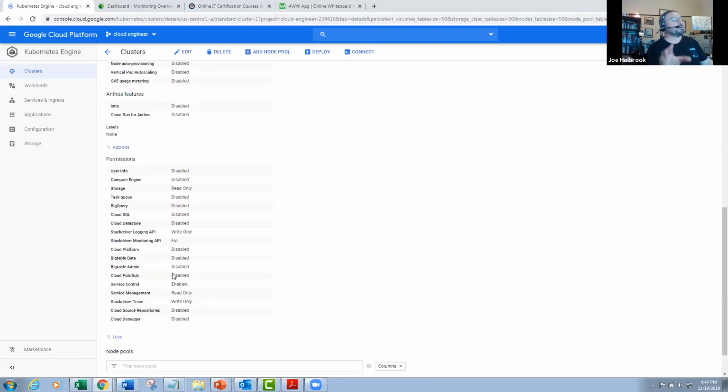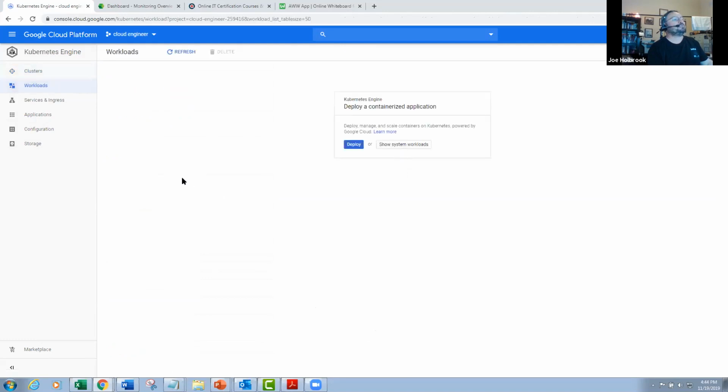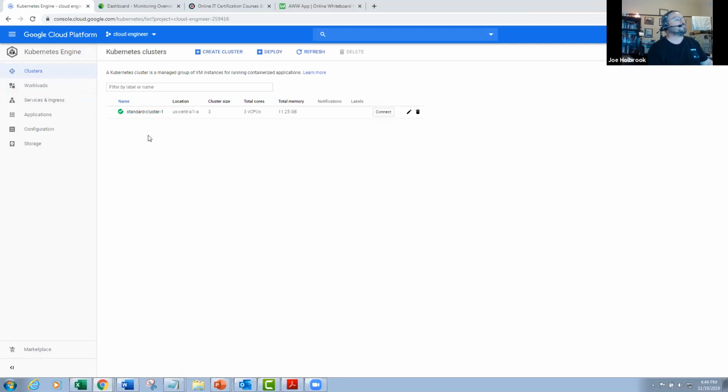And this is where I really want to pay attention to what services are deployable with Kubernetes. And again, this is not like a 5-minute project. You really want to think about this in deploying your services. I go to workloads here, and I deployed the cluster, but I need to deploy a workload on top of that. But if I go back over here to clusters, and again, I could click on that cluster,